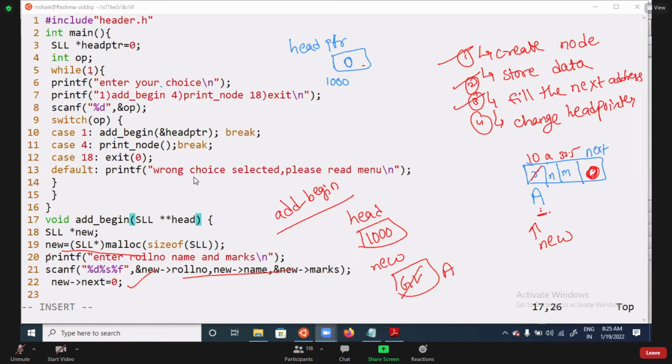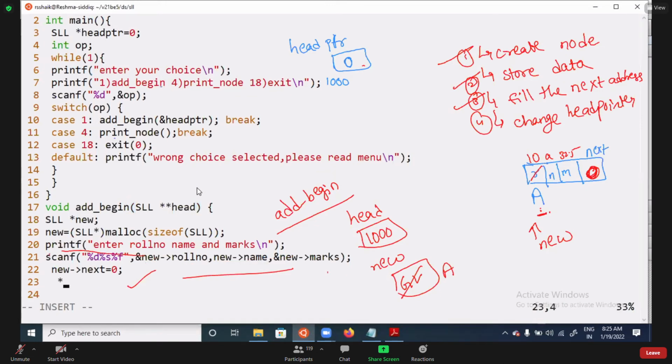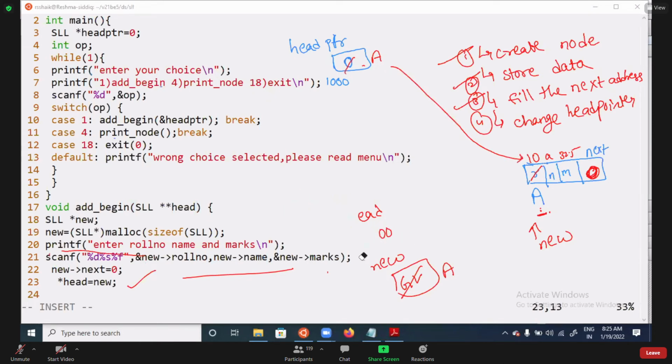How will you change the head pointer? Star head, meaning 2000 star head, means you are dereferencing star head equal to the newly created node. Newly created node means the head pointer is pointing to the location A. It is pointing. After that, the function is terminated. Now, whenever it comes back to the main function,